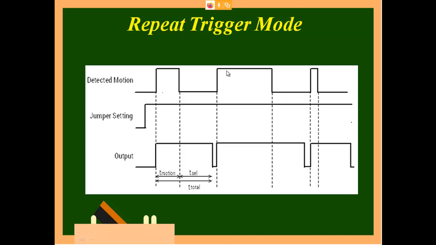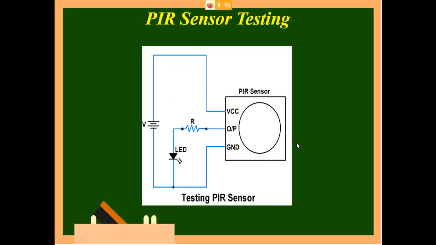So this is where I have entered the house, that is car parking. I have parked the car. Once I have parked the car, there will be no temperature difference read by the sensor, but even then it should give me some time, so that I can come out, lock it and come back. Till that time you can see the output is high. So when you connect it to a light, it will be glowing till that instant. So this is the difference between single and repeat.